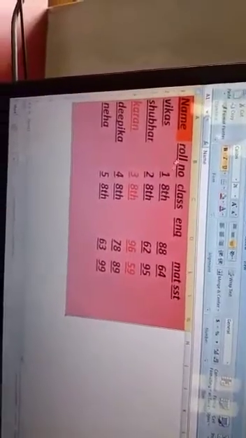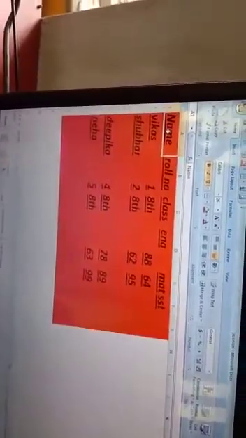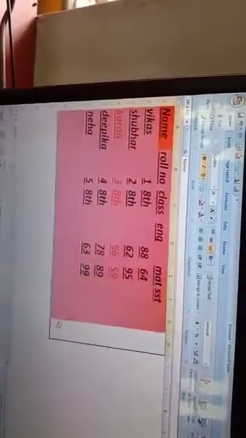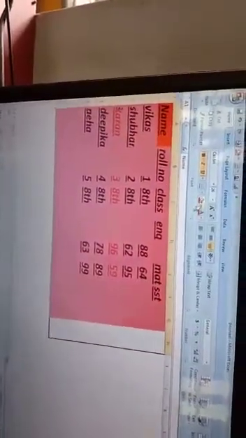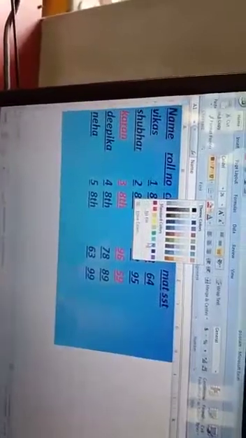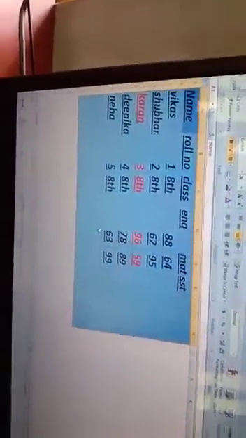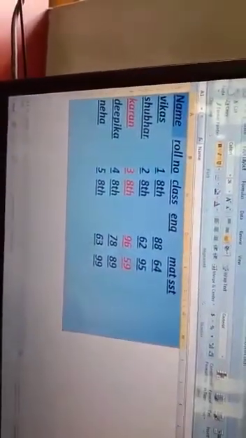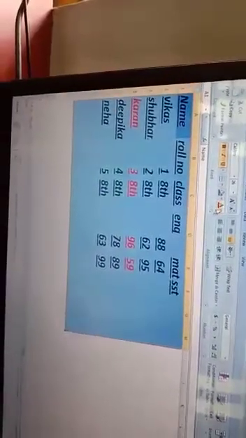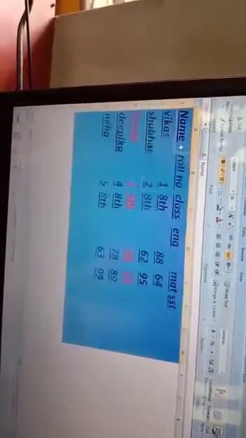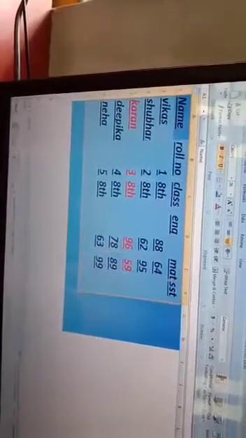Now I changed the background color. Again click here on this button, choose this color. Came बच्चे, this is background color, and where A is written, this is used for changing the text color.